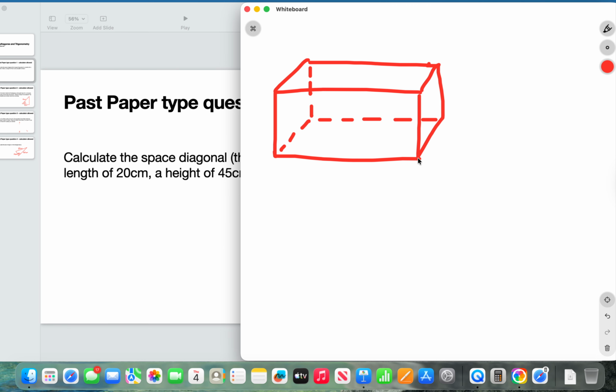So something like this. Now, two-dimensional Pythagoras tells you that if you know this,